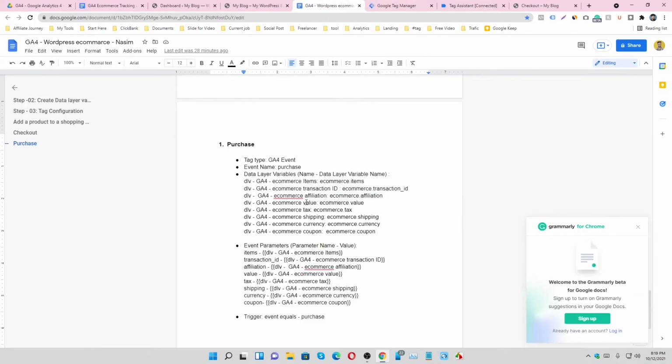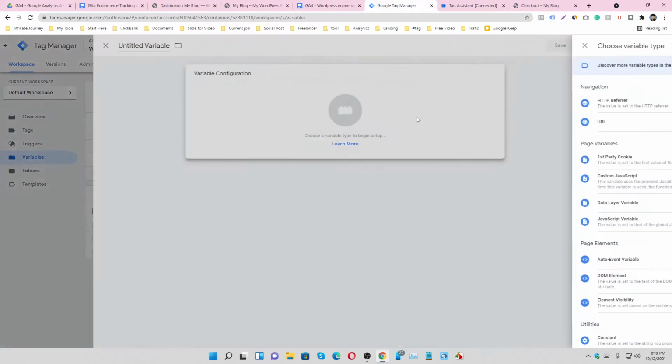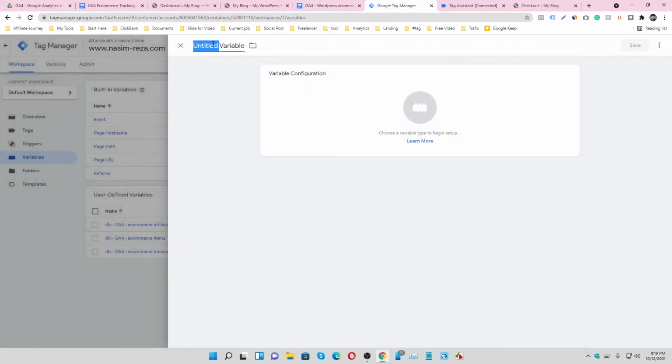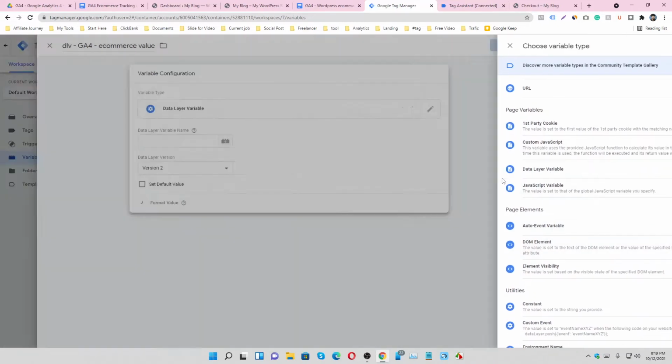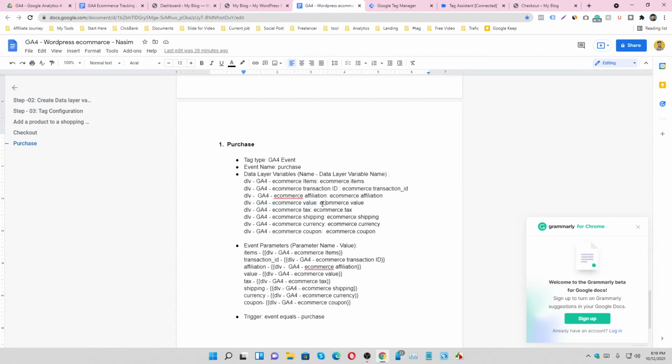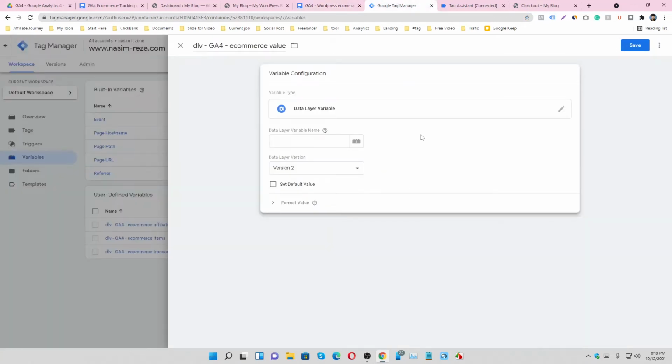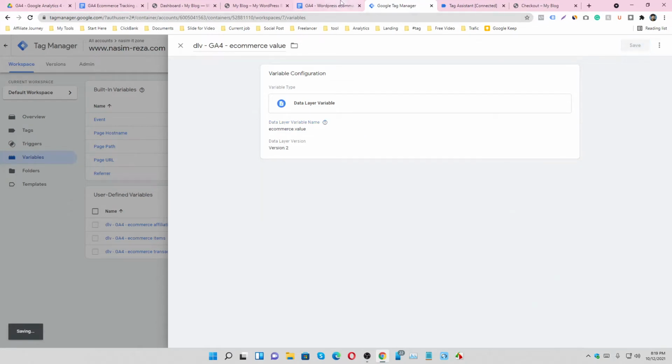So the value, paste it here, also data layer variable, and paste it here and save.